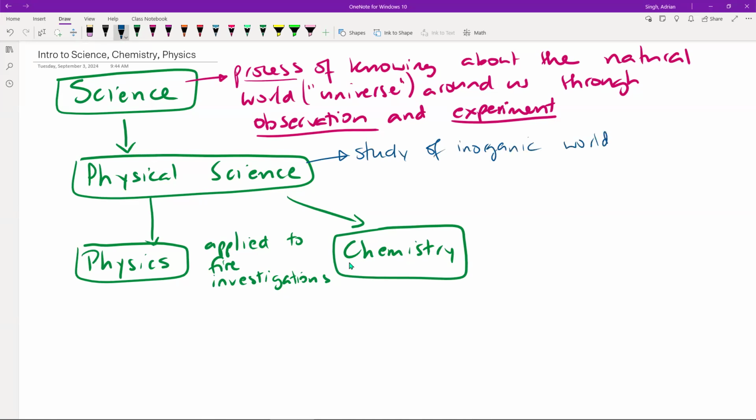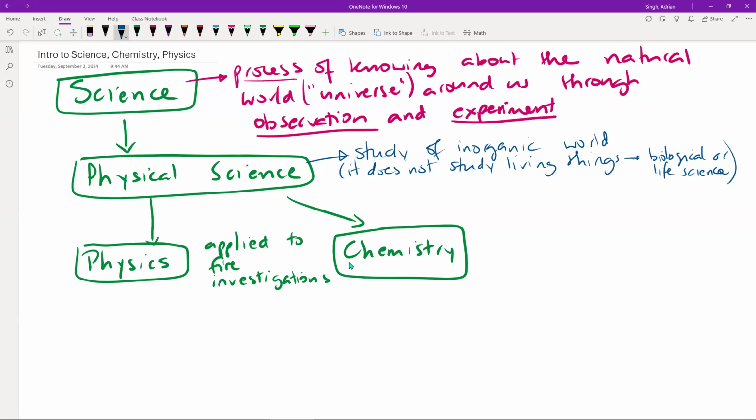around us. So in other words, it does not include living things. That would be biological or life sciences. Now we're going to tie in some of those things, little snippets here and there as we talk about physical science. But again, strictly, this is just a study of the inorganic world, the non-living world around us.